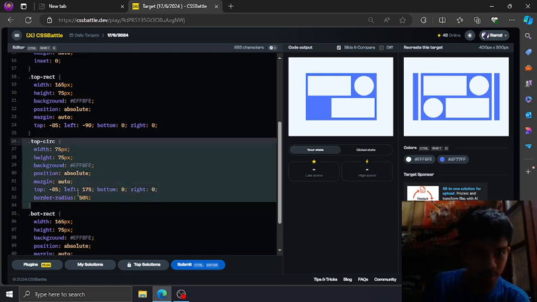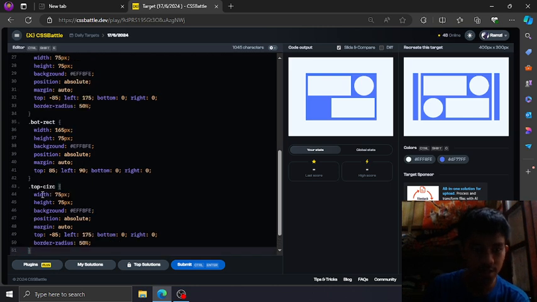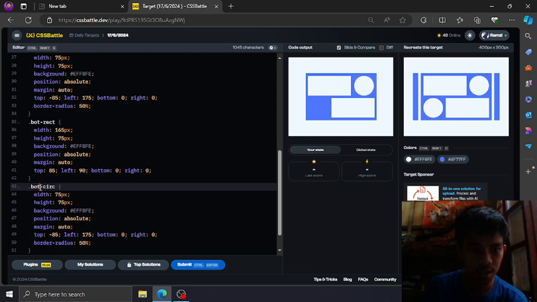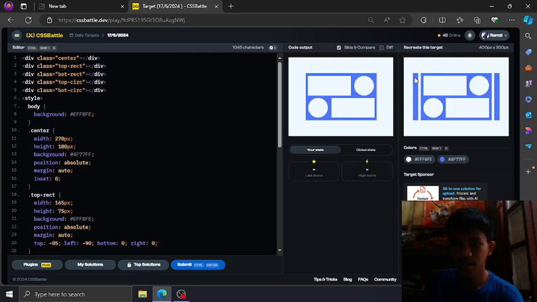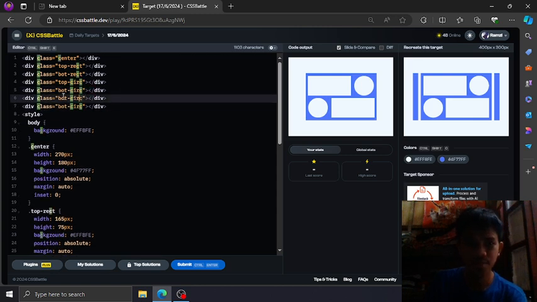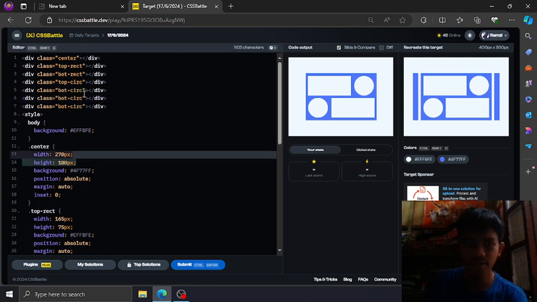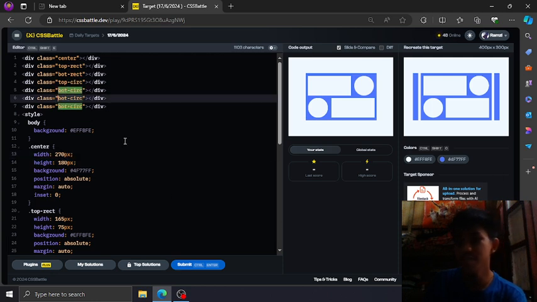Copy this top circ for the bottom circ. Bot circ, and invert the value here. So this is bottom and this is on the left side. Okay. Then all that's left is this side here. It looks like a spoon holder, a case for the spoon and a case for a fork. Anyway, they're like a utensil casing.